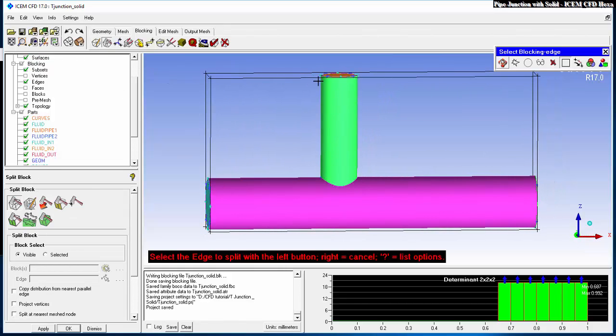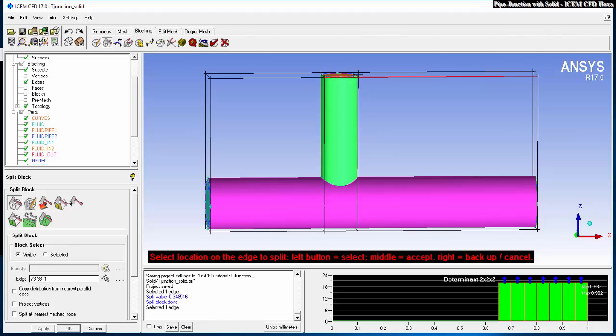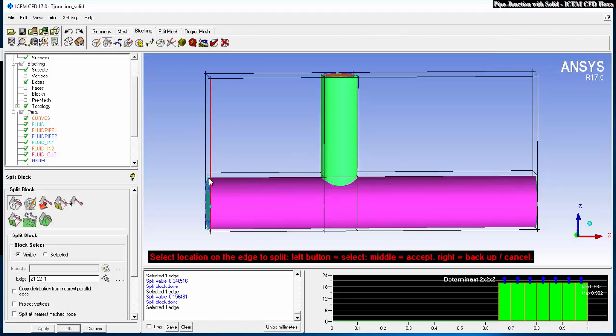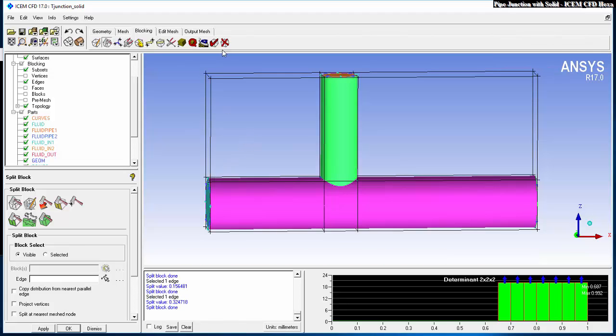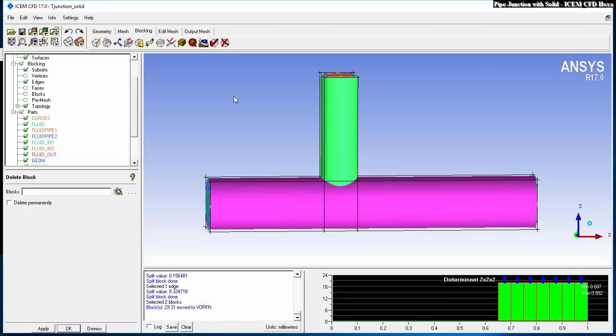Now make the three splits, one here, second just after this vertical pipe, and one between the two pipes, vertical and horizontal pipes, where we have the interface. After that, delete the extra blocks,